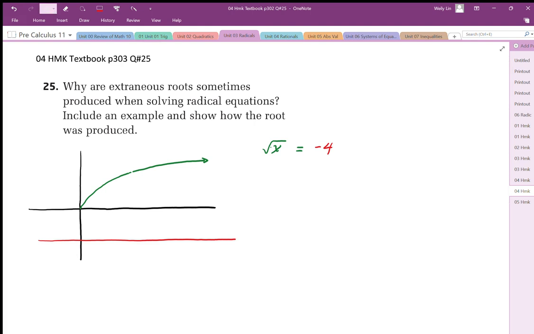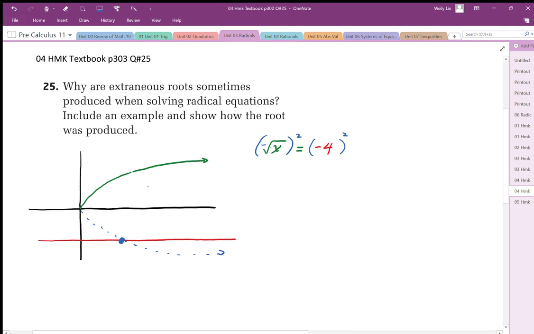Now, where the extraneous solution comes in is when we square this expression. When we square both sides of this, I'm introducing the other half of the parabola, the negative half of that parabola. It shows up because when we square it, we don't know if it was plus or minus inside the square. So it accounts for that negative square root as well, and it gives us the bottom half of that parabola. And it then gives us this extraneous solution, which really doesn't exist, because the original equation